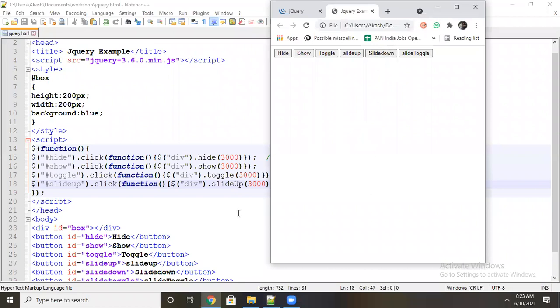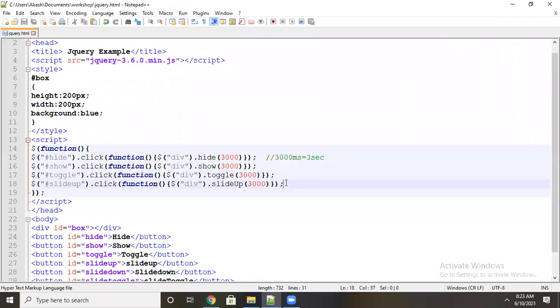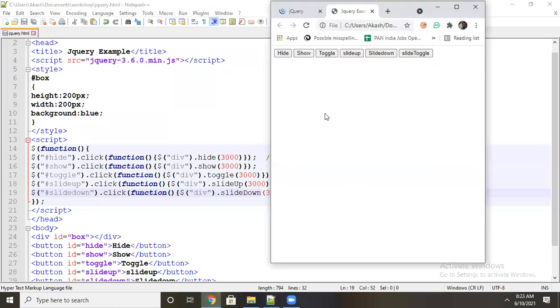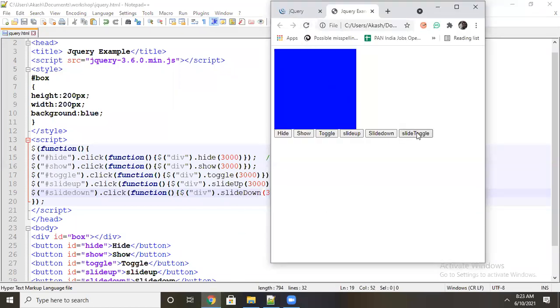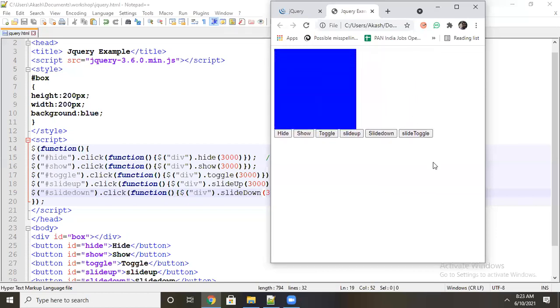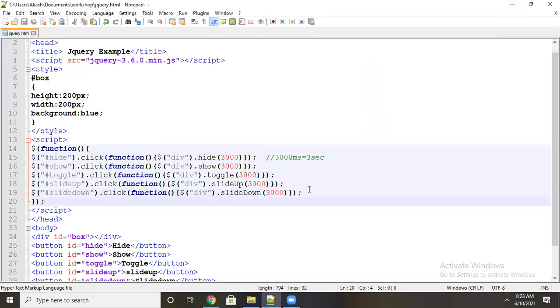Slide down means it has to come down. Sorry, first I have to make it go up, then only down will work. Then slide toggle. Slide toggle means one time up, one time down.